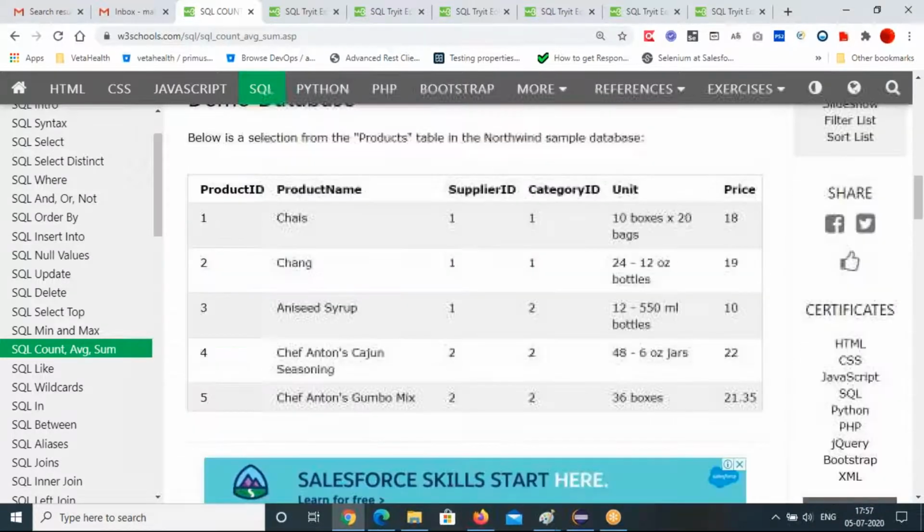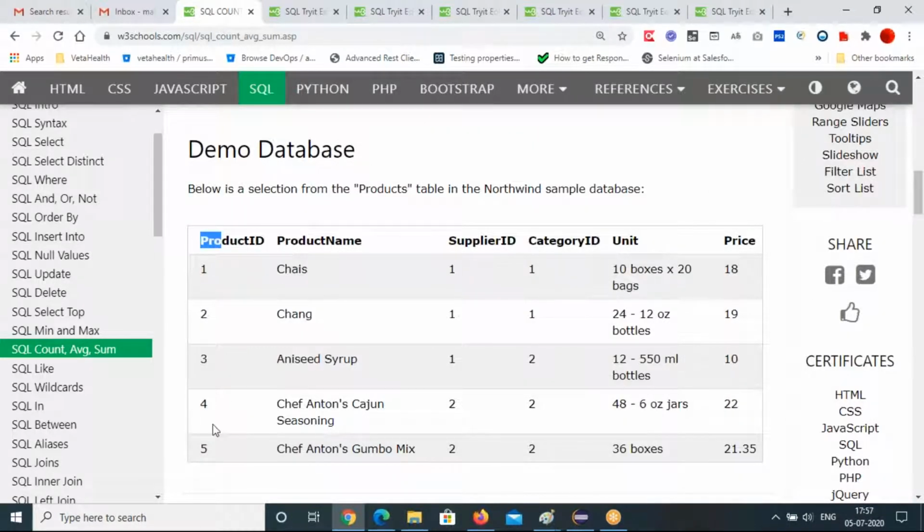Count means the product ID, how many are there? Total 5 only there, but it's giving more. 77 it is giving. Maybe they have displayed all, not sure.